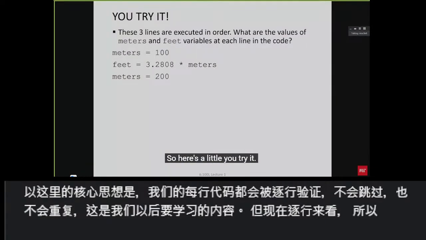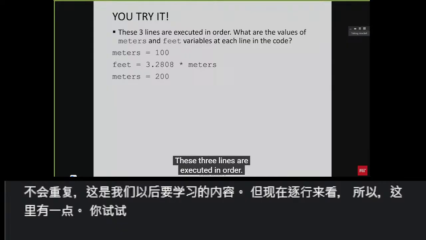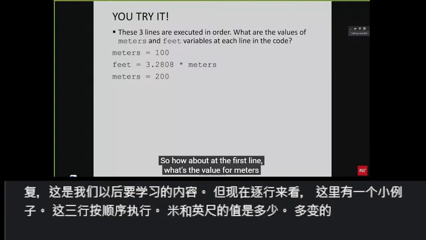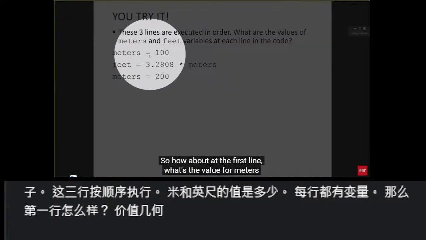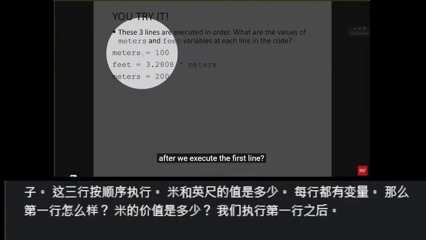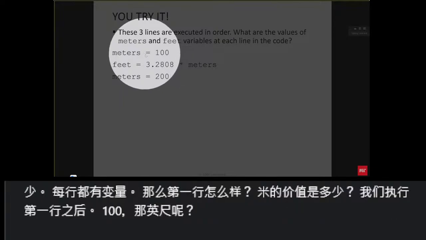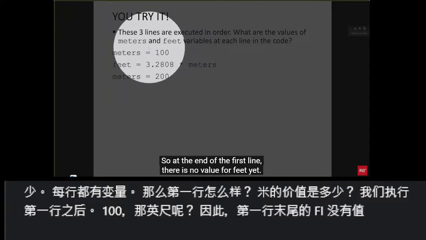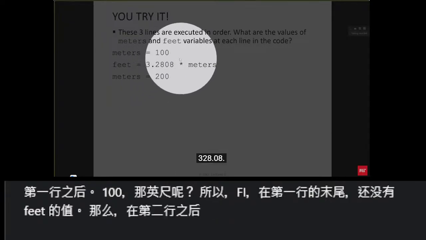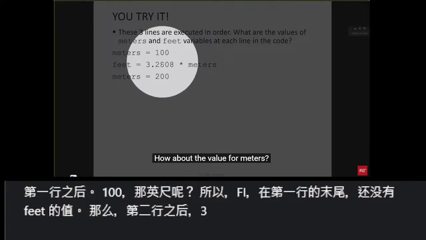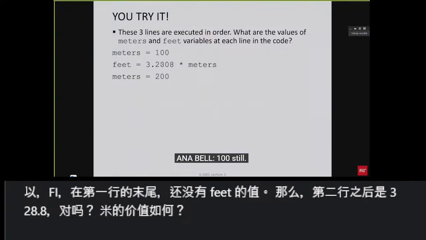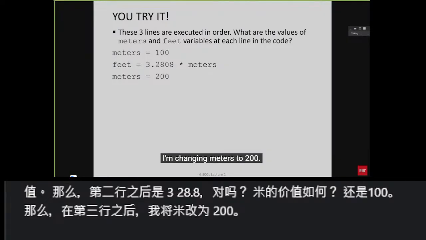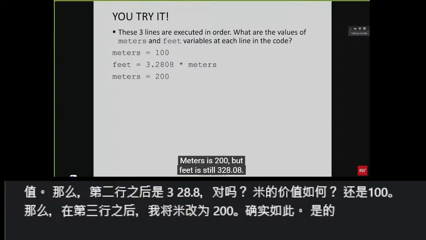So here's a little you try it. These 3 lines are executed in order. What are the values for meters and feet variables at each line? So how about at the first line? What's the value for meters after we execute the first line? 100. What about feet? So feet at the end of the first line, there is no value for feet yet. How about after the second line? 328.8, right? How about the value for meters? 100 still. And what about after the third line? I'm changing meters to 200. Exactly, yeah. Meters is 200, but feet is still